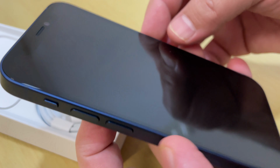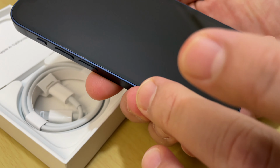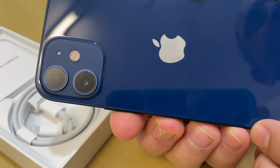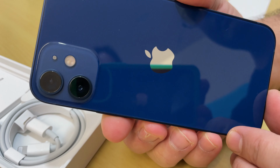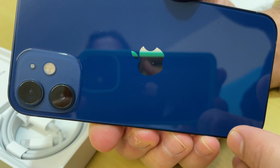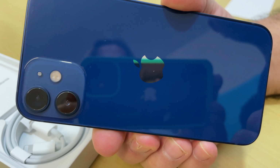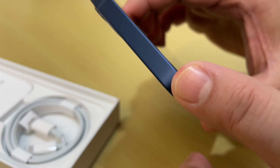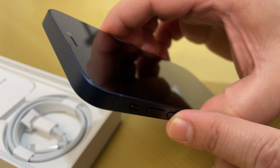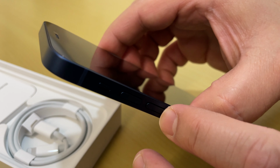Very nice and easy to use for calling and texting. Compact design and lovely size. And this phone is waterproof for up to 6 meters for 30 minutes, and the battery is 2227 milliampere battery capacity. And it has the fastest processor in the smartphone with A14 Bionic, 4 gigabyte RAM, built-in memory, and